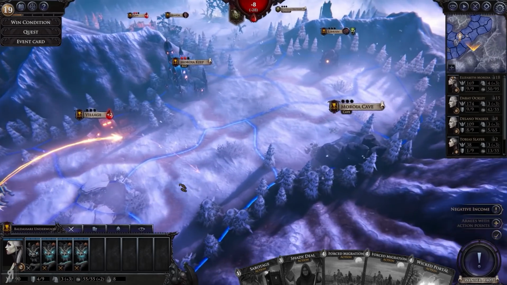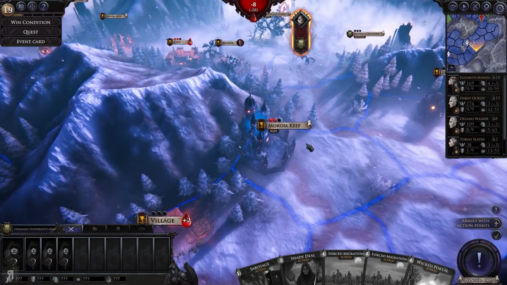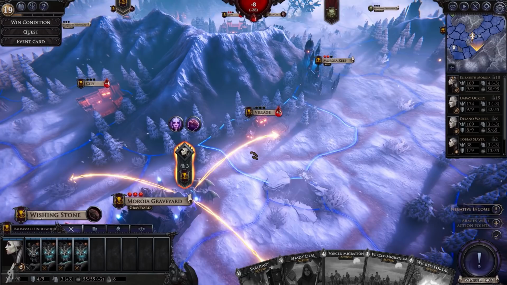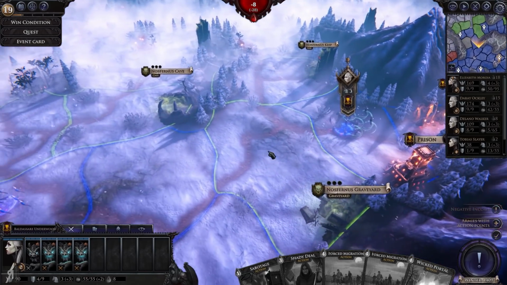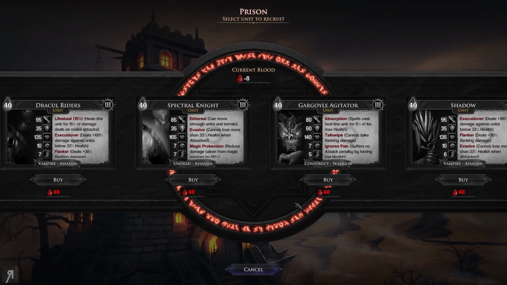Probably 90 combat strength. These guys only have 3 units. It's highly unlikely they have anything super significant in their armies. So where's a nearby keep? Ah, there is a nearby keep. Perfect, perfect. Okay, so let's visit the...